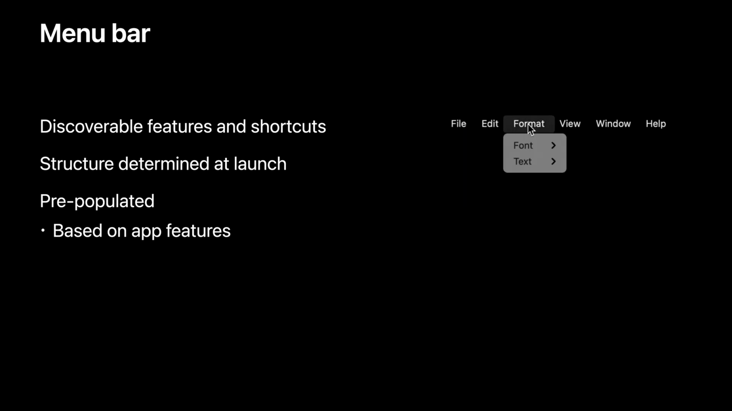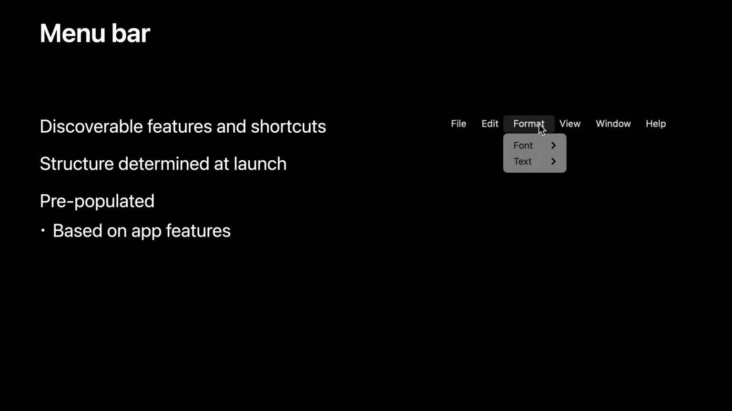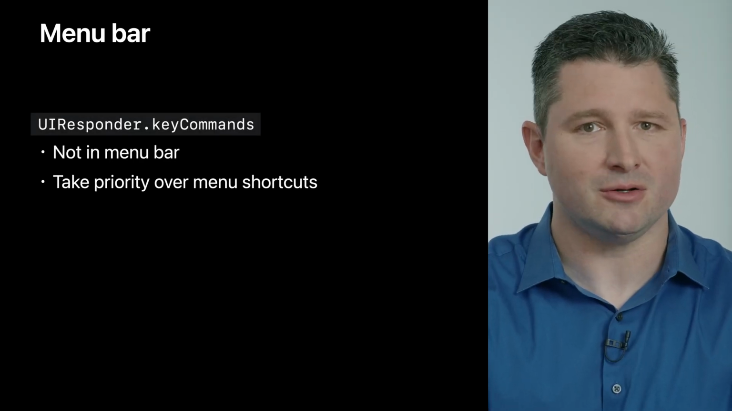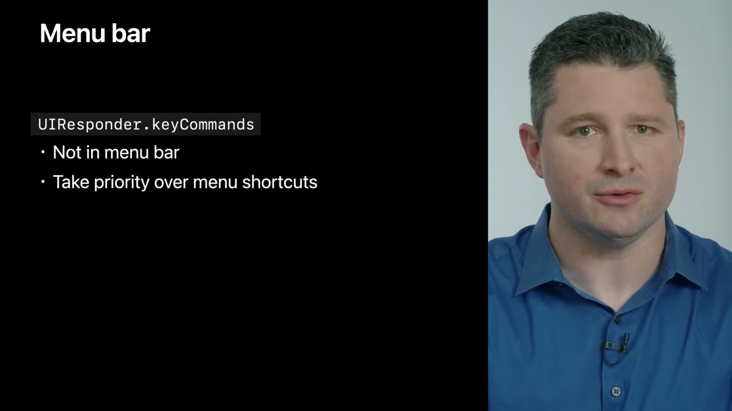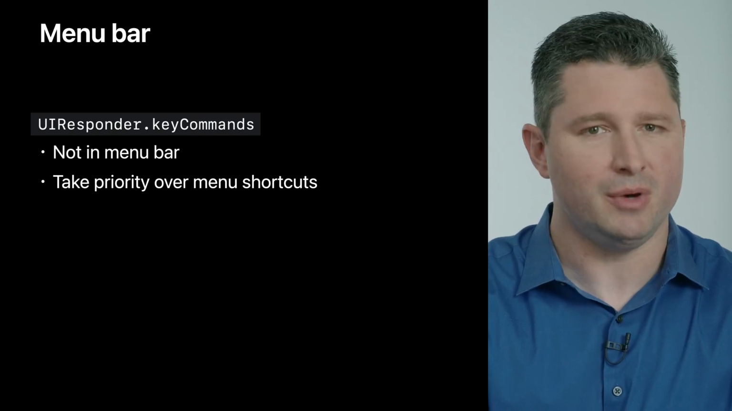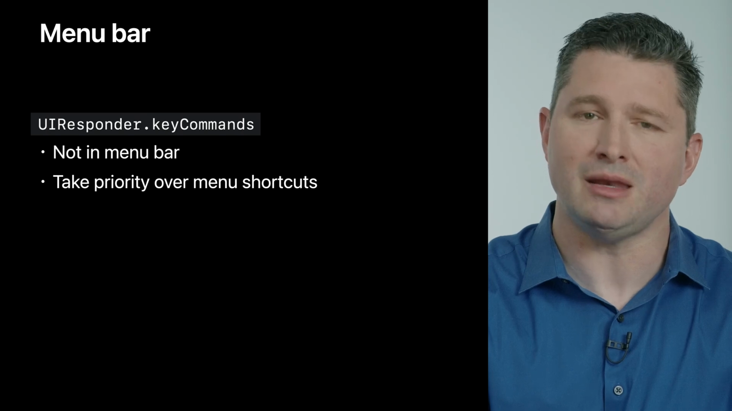We automatically populate your app's menu bar, taking into account your app's features. For example, we might add menu items to create a new window, to work with rich text, or to change the device orientation. Note that UI key commands that are directly attached to UI responders through the Key Commands property do not appear in the menu bar, but their keyboard shortcuts will take priority over the shortcuts of menu items